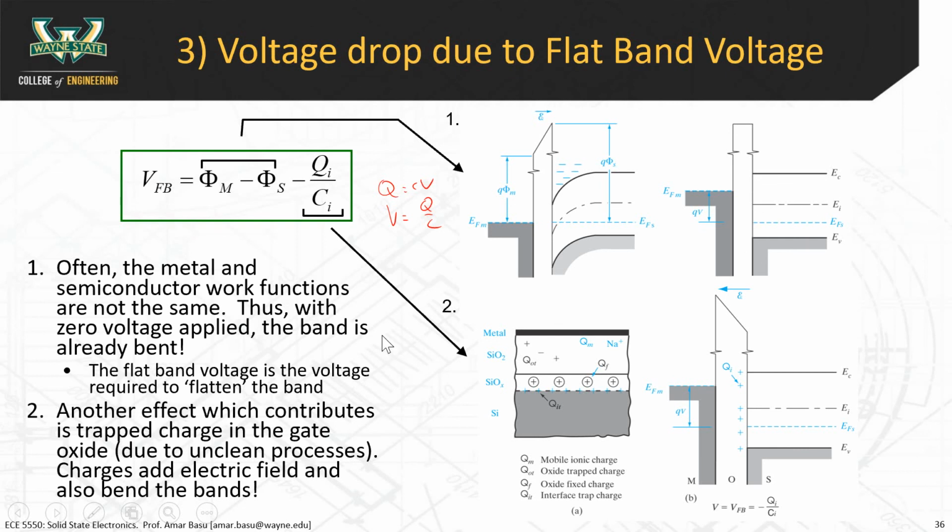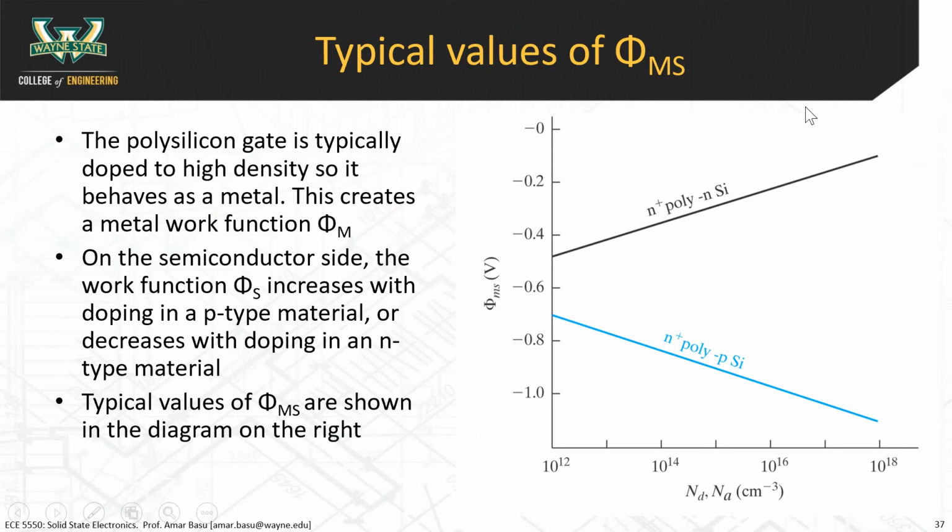Now, for the purposes of this class, I would give you what the density of trapped charges are, or I would give you phi m and phi s and ask you to calculate the flat band voltage. Typical values of phi ms